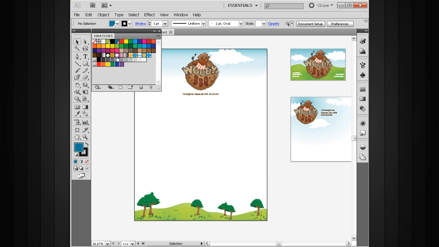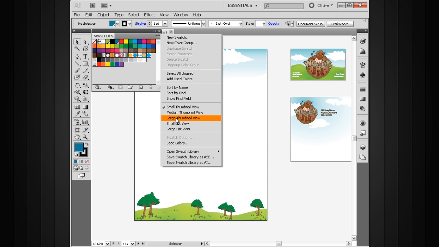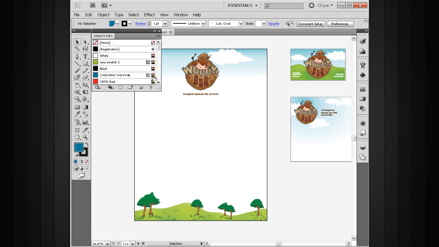I tell you what, let's come over here and change the view for our swatches panel, because this is actually going to change the way those two elements are displayed. So let's choose this small list view option. Again, by changing that view, you can see there are some different icons, and we've got our registration and no fill here. But that green swatch, remember, was not a spot color, but it was a global color. So we've got this particular icon right here. This icon represents